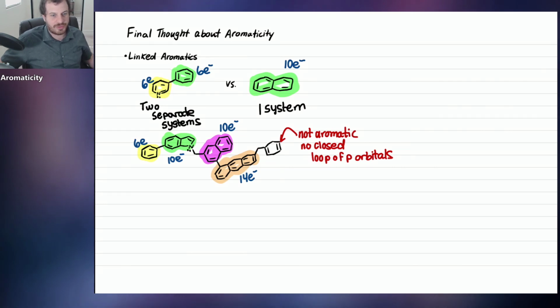Okay, I know this has been a lot of information in a very short period of time, but the most important thing is that you're able to predict whether a compound I give you is aromatic, non-aromatic, or anti-aromatic. So I'll have a lot of practice on that in the post-lesson quiz, which you should take right now, and in the problem set. So there'll be lots of practice to predict aromaticity.